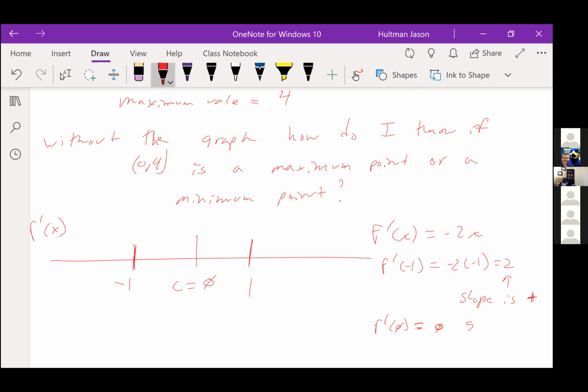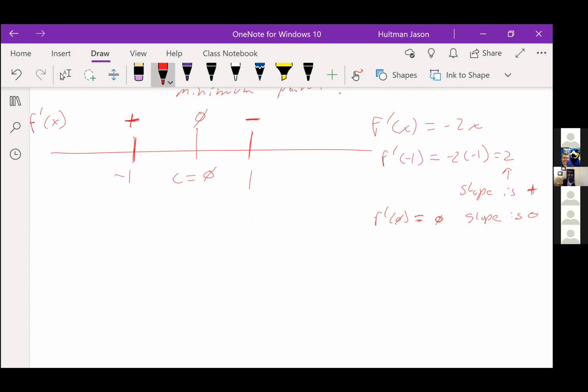And so this told me that the slope at 0 is 0, right? So the slope of the tangent line is 0 when x is equal to 0. So if I were to look at the derivative values here, I would say that the derivative is 0 at 0. The derivative is positive at -1. If I were to plug in 1 into the function, I would get -2, and so the derivative here is negative. And so this goes from a positive slope to a negative slope going through a 0 slope.